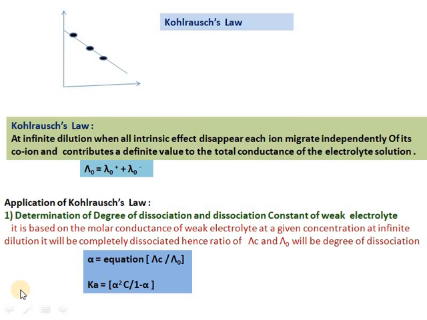In this topic, now we are going to discuss Kohlrausch's law. Kohlrausch's law is also known as the law of independent migration of ions. According to this law, which is based on important experimental observations, when limiting molar conductance values are